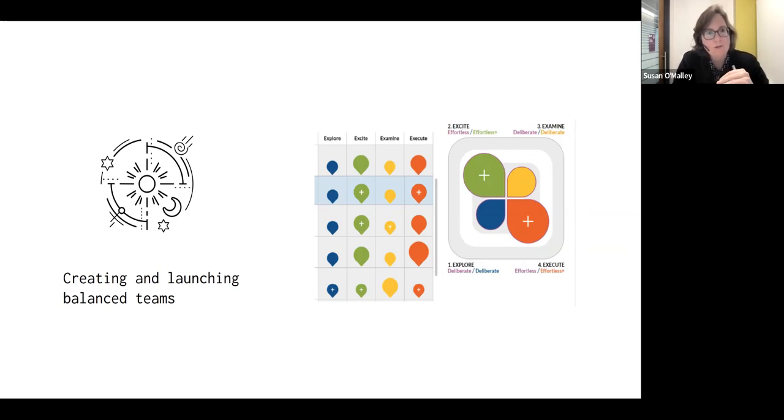We would also sometimes use it though preemptively before we built a team to start to see this scatter plot of how is the core team and how is the extended team looking, and might there be something to watch out for or to think about in terms of how we might actually form and build the team. And as you can imagine, that was tremendously valuable to be able to use that not as a substitute for a real human conversation, but as a way to maybe come up with some prompts that you might talk to people about individually. The word that I want to underscore here, though, is launch balanced teams,